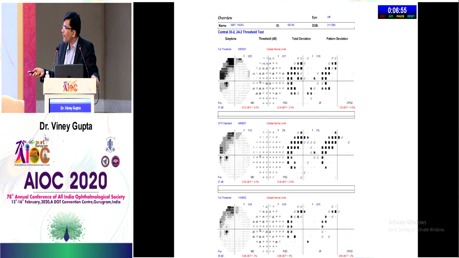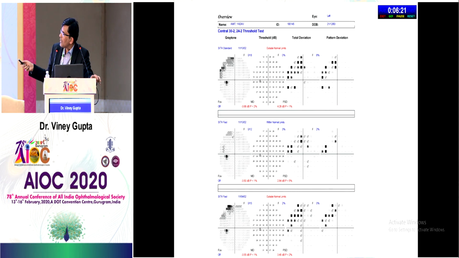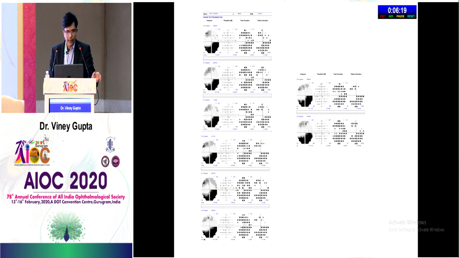And what do you see over a period of time? This is an overview printout where that defect is kind of decreasing. So there is a trend towards improvement, which could be because of a learning effect. That means the patient had a defect earlier, but over a period of time he learned how to do the visual fields, and so it improved. Or it could also have been that the patient had a cataract earlier, which gave this defect, and the cataract surgery was done, and now the defect is more or less gone. Again, you see here the same patient, that visual field defect is more or less gone.